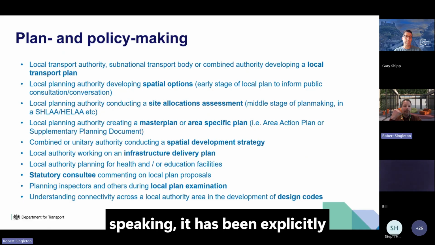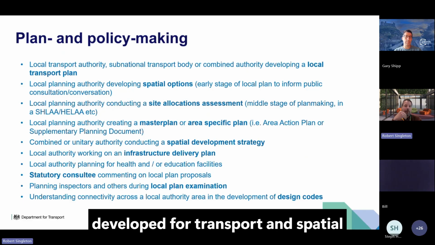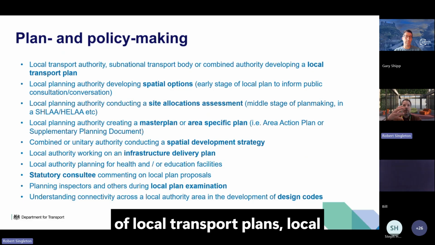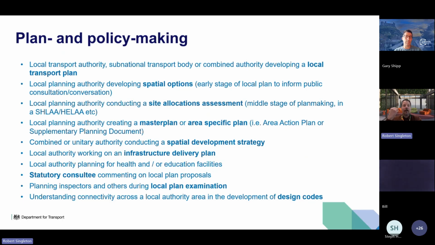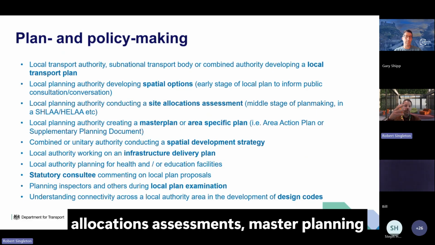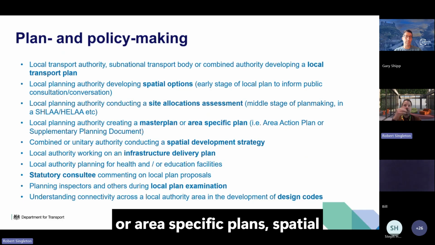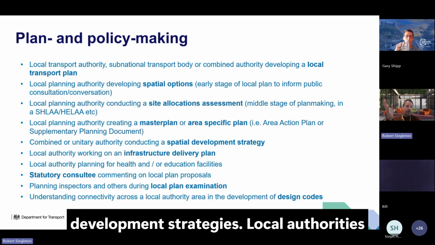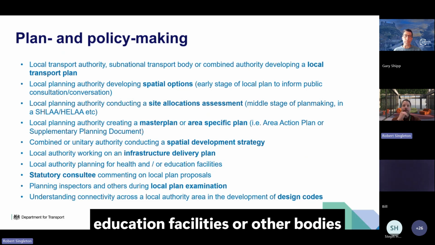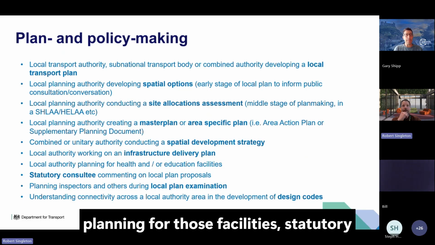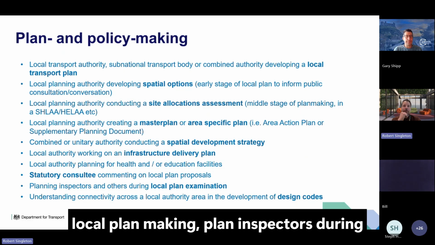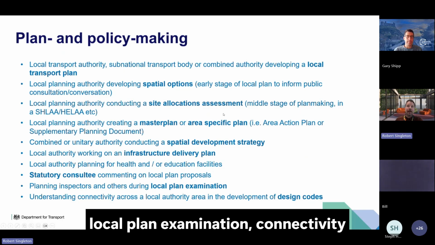But broadly speaking, it has been explicitly developed for transport and spatial planners for use in development of local transport plans, local plans, spatial options underpinning local plans, site allocations assessments, master planning or area specific plans, spatial development strategies, local authorities working on infrastructure delivery plans, local authorities planning for health or education facilities or other bodies planning for those facilities, statutory consultees in deploying their function in local plan making, plan inspectors during local plan examination,